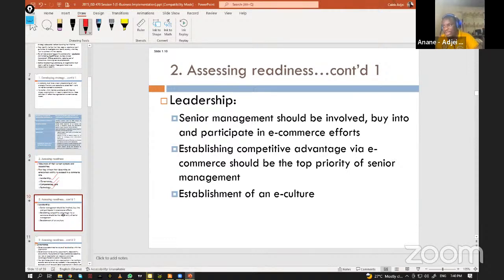So one of the things that we can use to create e-culture within an organization is through education. Okay, there can be an incentive, there can be training, there can be